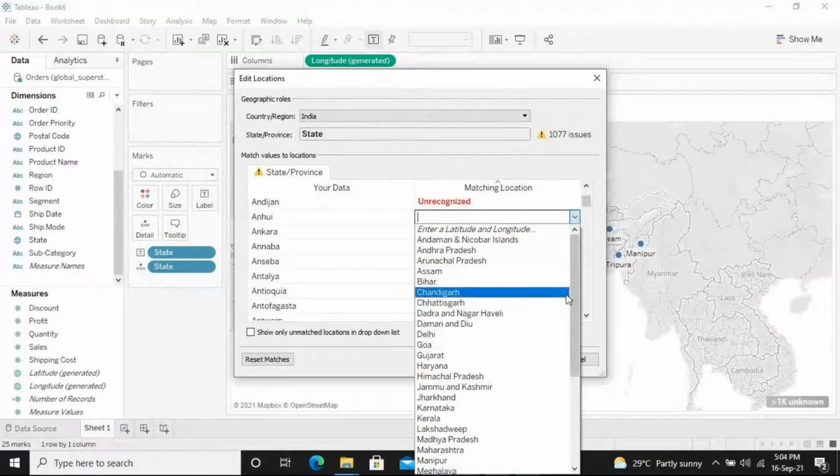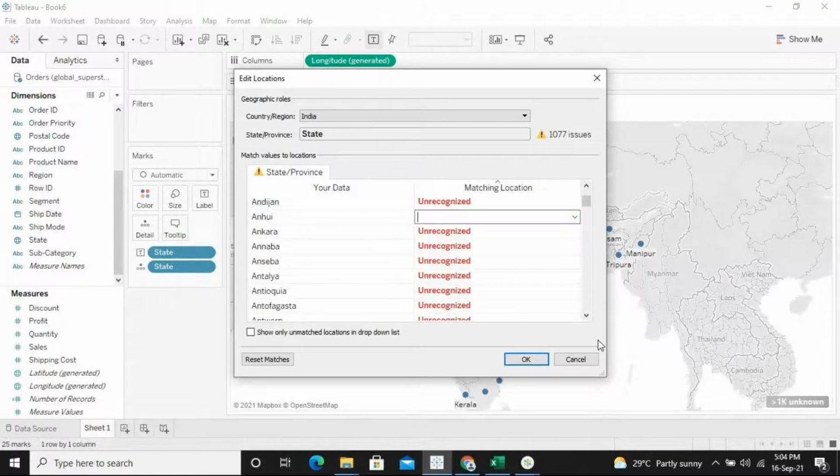If you want, you can change it in this place. Okay, you can make the changes. Once again,